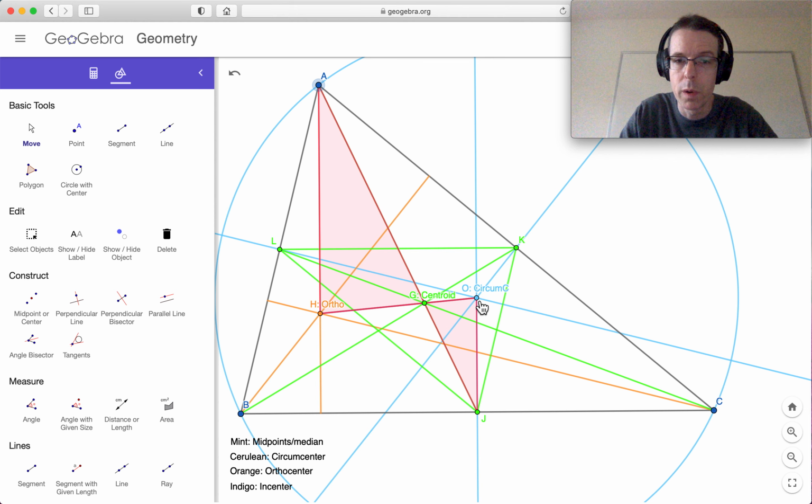But more is clearly true here. If we have proven that these triangles are in fact similar, and we've already established that the ratio is a 1-to-2 ratio, then we can say much more about the relationship between these centers. We can say in particular that the distance between the circumcenter and the centroid is always exactly half the distance between the centroid and the orthocenter, right? This distance is exactly half of this longer distance. So in other words, for any triangle at all,